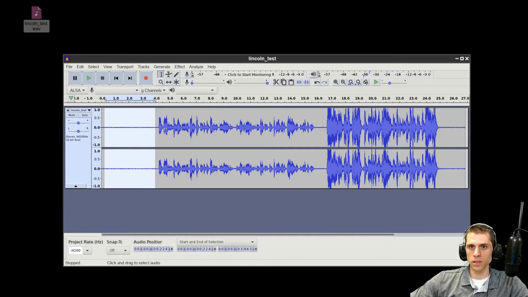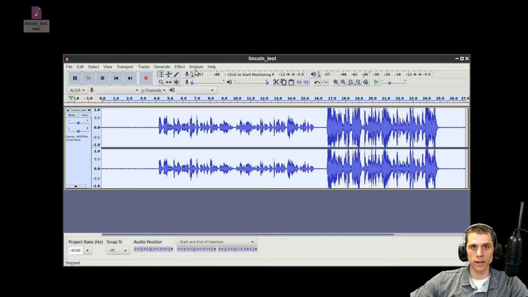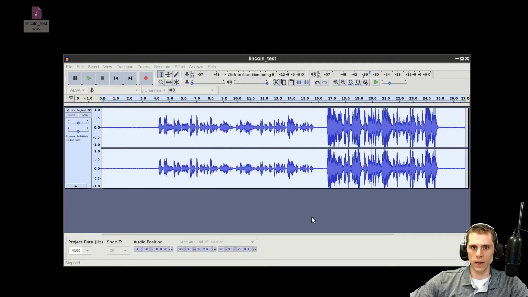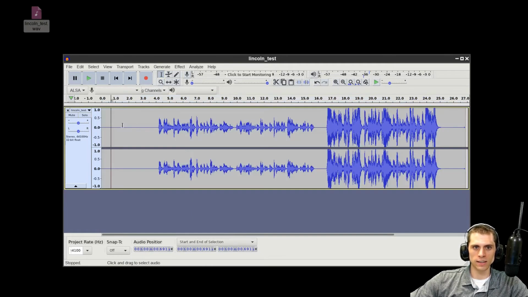So basically what you're doing is telling Audacity what the background noise looks like. And then once you have a background noise profile, you can click over here, and that highlights the whole thing, and then go to Effect, Noise Reduction, and I like to change this from 12 to 24. I think by default it's set to 12, but I change it to 24 just because I want it to be a little bit more aggressive, and I click OK, and you can see here that it has eliminated that background noise. So if I play through it,